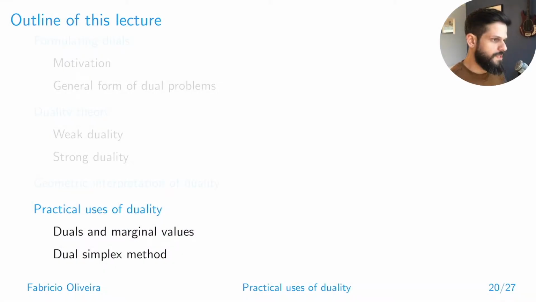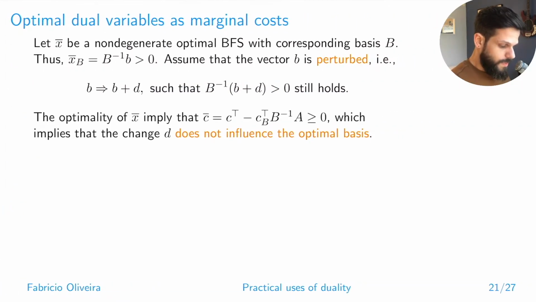So in this last video, we're gonna talk about some practical uses that we have for duality in the context of linear programming. In particular, looking at how we can read dual values as marginal values and then talk about the dual simplex method. So this notion of looking at duals as marginal is actually quite important for real applications